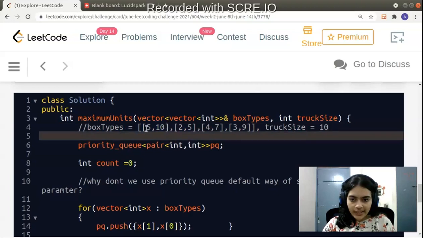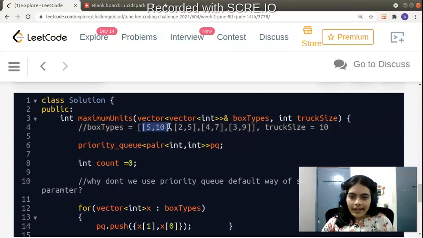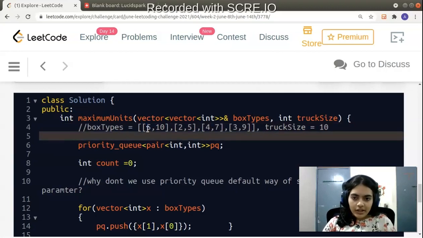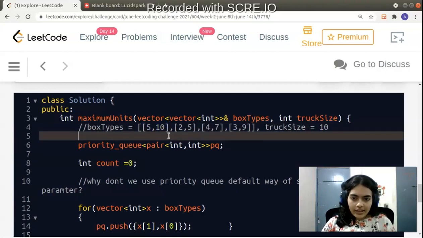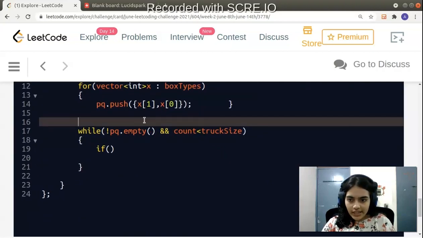So we are going to select this quantity, and this quantity we can only select 5 at first, right? So this is the first condition, when you are in this case where you have to select 5 boxes and the boxes are going to have 10 units each. So let's take this condition.